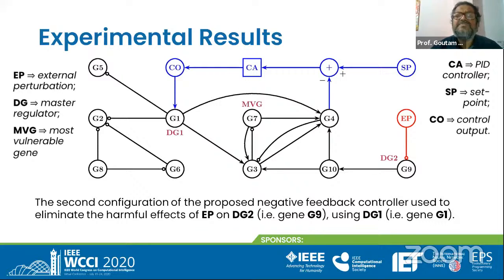I am telling you the set point. The set point of G4 is known to us from microarray data. In normal condition, for a normal healthy person, I take the expression value of G4, that is my set point. Now, how to measure the online disturbed condition of G4? Is there any sensor? No sensor is available till now to calculate how much G4 has been disturbed.